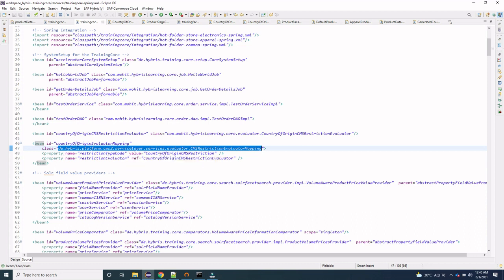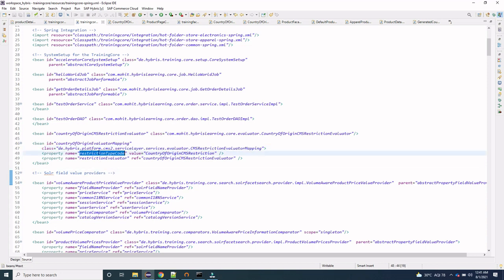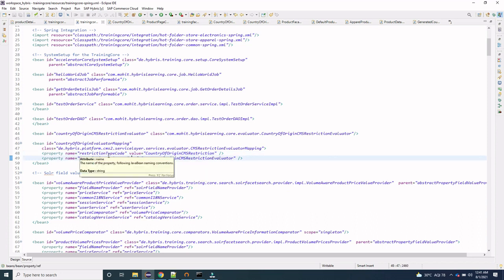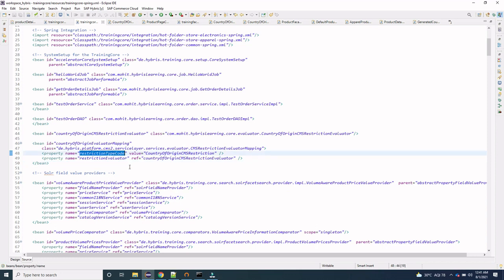So you can define your custom bean ID, but the class will always remain the same, and these two property names will also remain the same. One is this restriction type code, the second one is this restriction evaluator. Now what will come in this restriction type code? In the restriction type code we will define the item type.